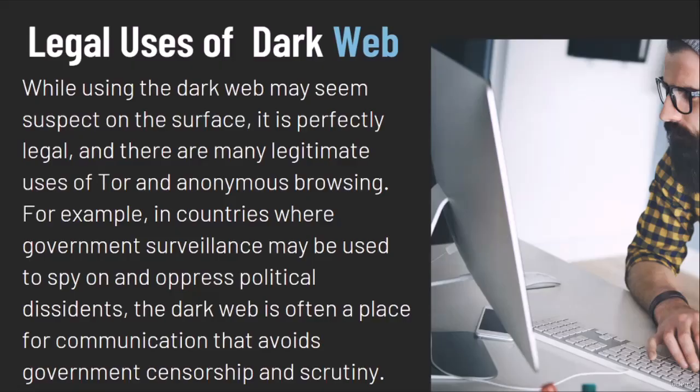An example of using this part of the internet legally is in a country where there is government surveillance, maybe to spy, or some political issues. So the dark web is often a place for communities to avoid government censorship. So in order to avoid someone, even if it's not a government, in order to do your things safely without someone knowing you, without someone spying on you, the best way